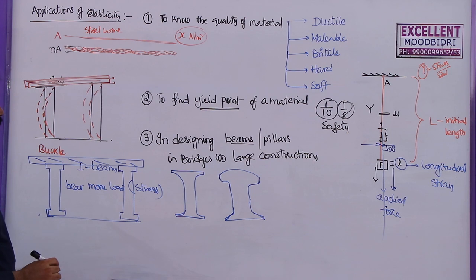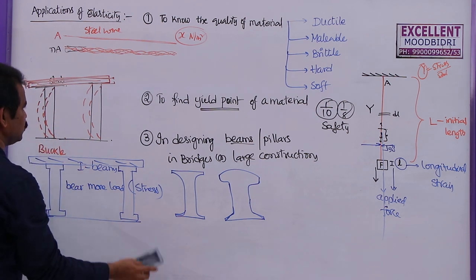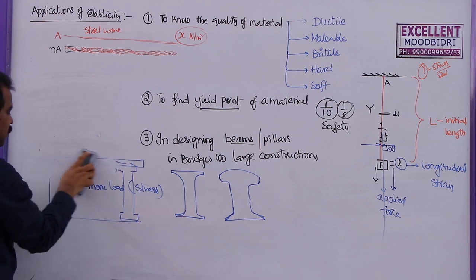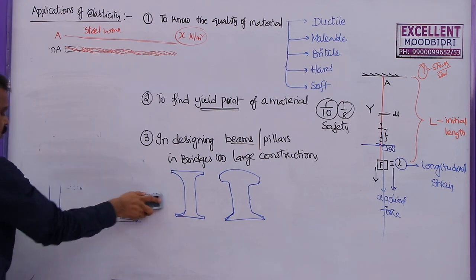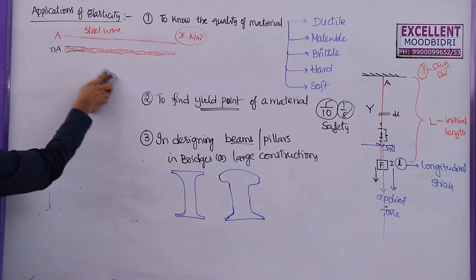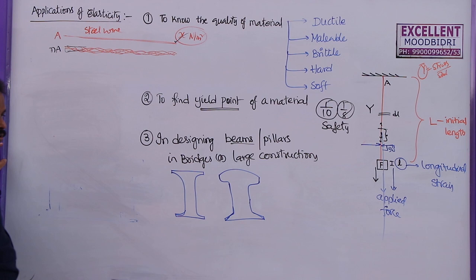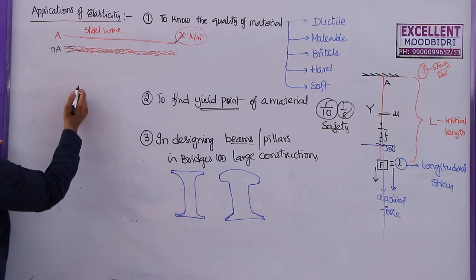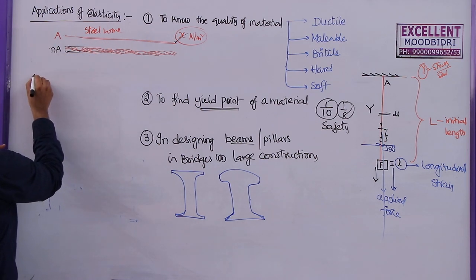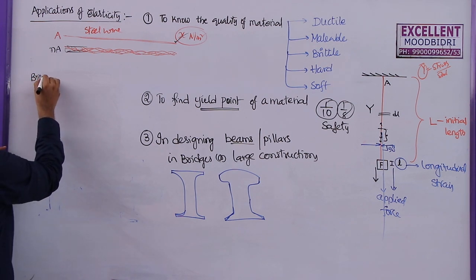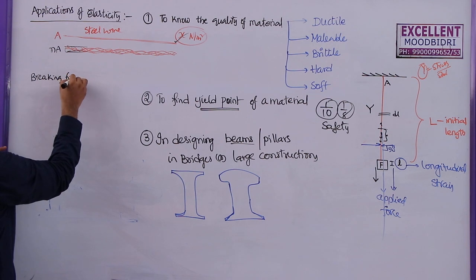We know that the breaking stress of any material is constant, whether it is steel or rubber, they will have fixed values. So here let us say this steel wire has a breaking stress of X Newton per meter square in this example. Now the breaking stress is given by breaking force by area. So what is the breaking force?